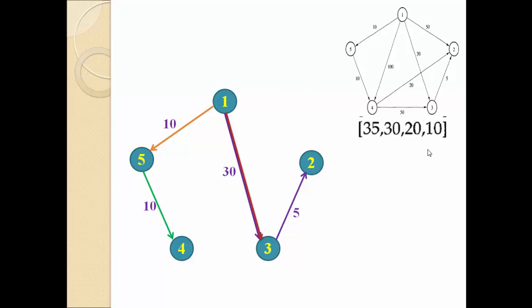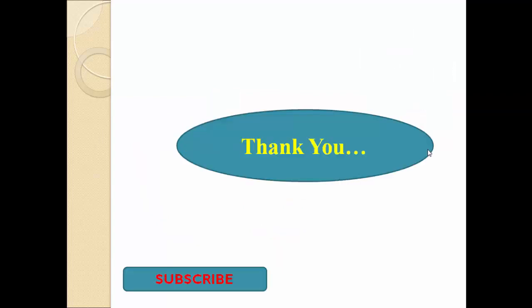So this is all about Dijkstra's algorithm to find the shortest path. As we discussed, we have to consider one node as a source node and the remaining nodes will be considered as destination nodes. So it is also known as the single source shortest path algorithm. It is also known as finding the shortest path using the greedy method. It is also known as Dijkstra's algorithm to find the shortest path from one node to every node of the graph. So this is all about Dijkstra's algorithm to find the shortest path by using the greedy method.